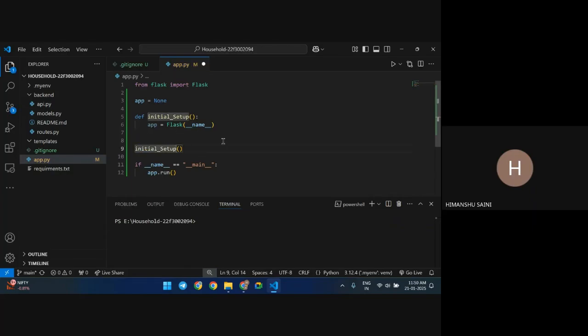So what is happening when we run this file is that we are calling this function to create our Flask app instance. This app instance corresponds to our server. So whenever we do app.run, the server will be activated, right? So we have initialized our Flask instance. Now